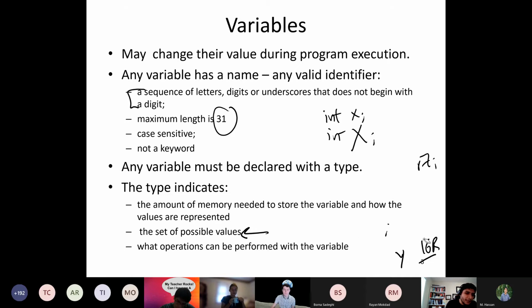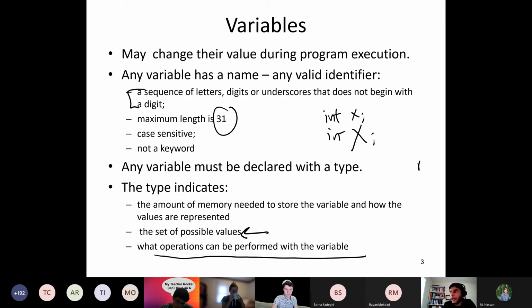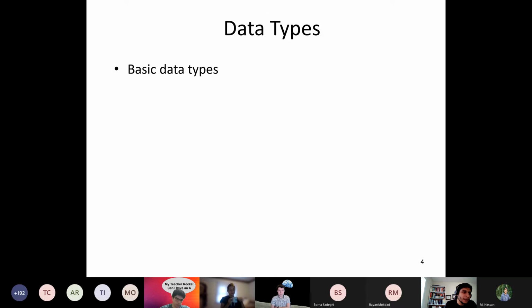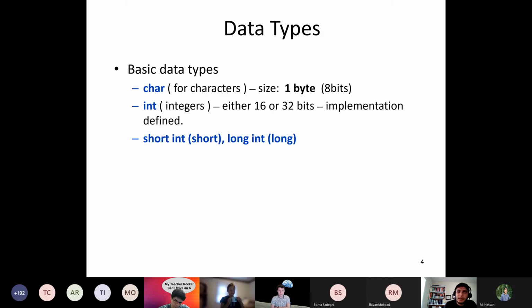And then the third thing is the type also tells you what operations you can perform on this type of variable, right? So is division allowed? Is mod operation allowed? Or maybe is concatenation allowed if you're talking about strings and characters. So what operations you can perform on the variable really depend on the type. Good, as we will see also a few examples. Some of the basic types we have used: we used int. There is a character. Have we used character? I'm not sure.